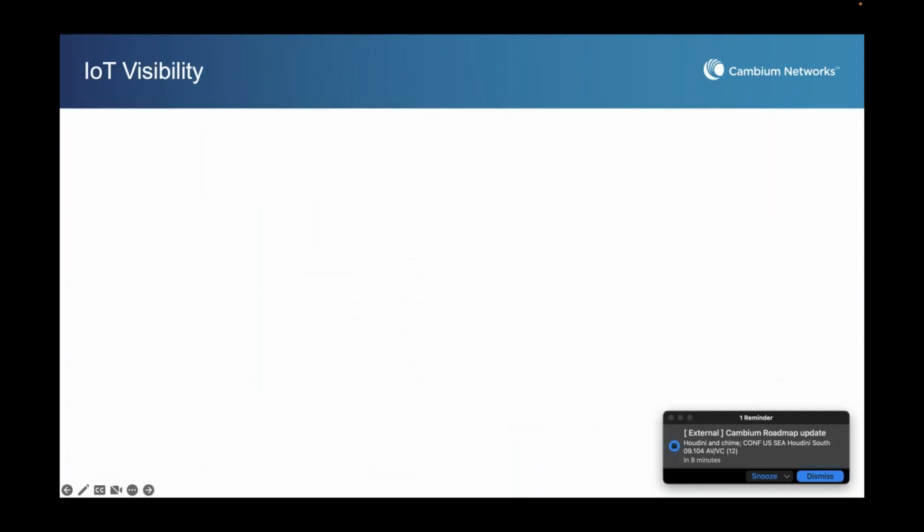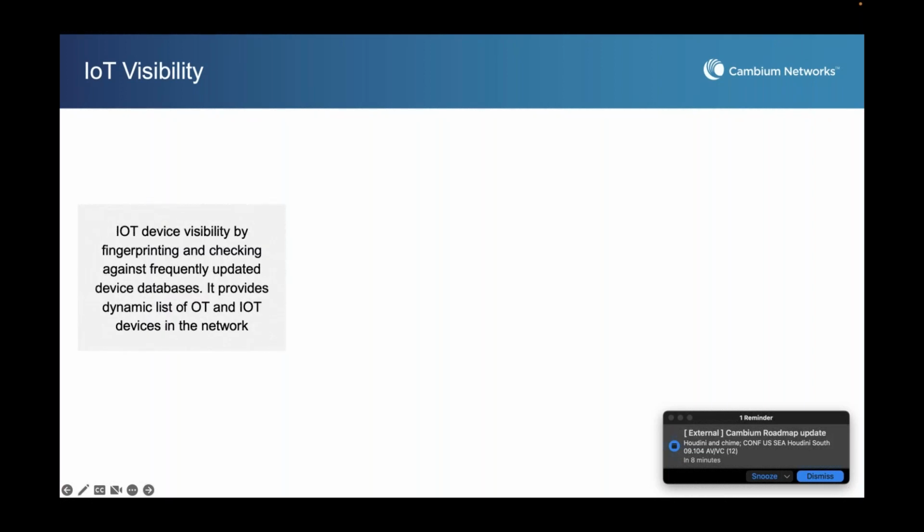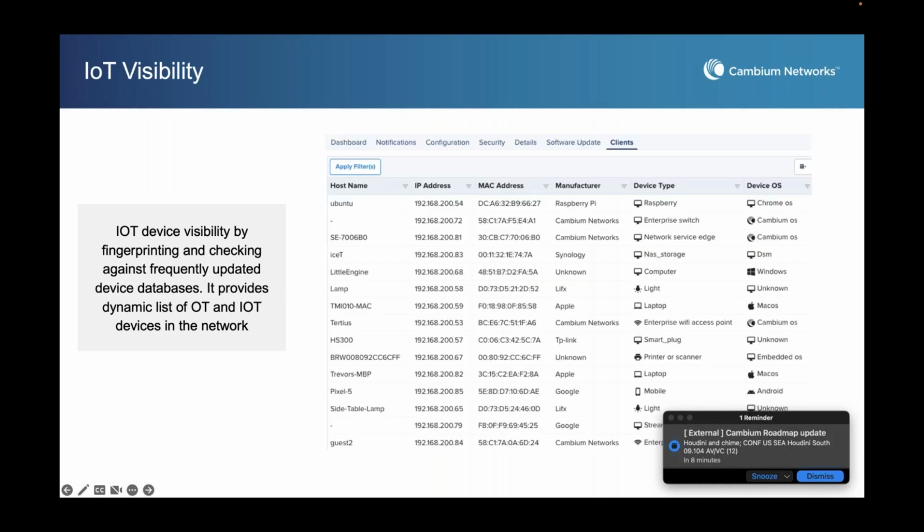As a view on IoT visibility, like I said, IoT is a blind spot. More IoT devices are coming into the enterprise. And how do you understand what is there? The first objective is to get visibility, right? And we do that by accessing an external database which is kept current, and then we match the signature or the fingerprint, and then call out that device so that you know what IoT device is connected to your network.